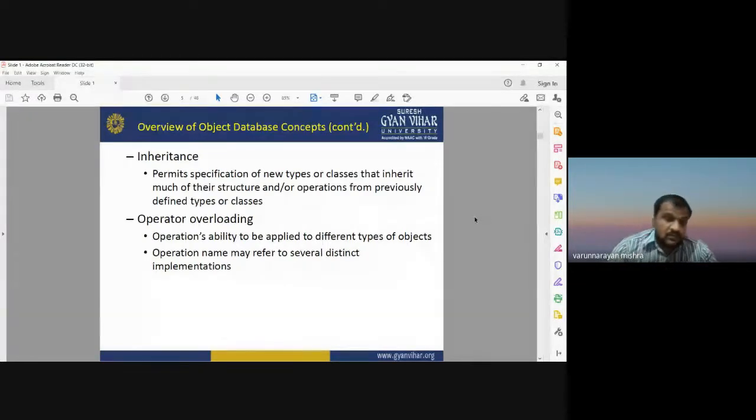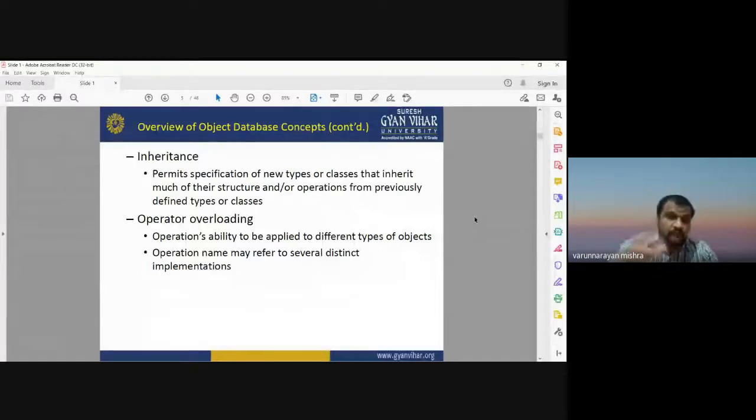In a relational database the structure is already defined, but in an object oriented database you can define new structures and new types of data sets on the basis of their inheritance properties. Inheritance means the genuine or internal property.